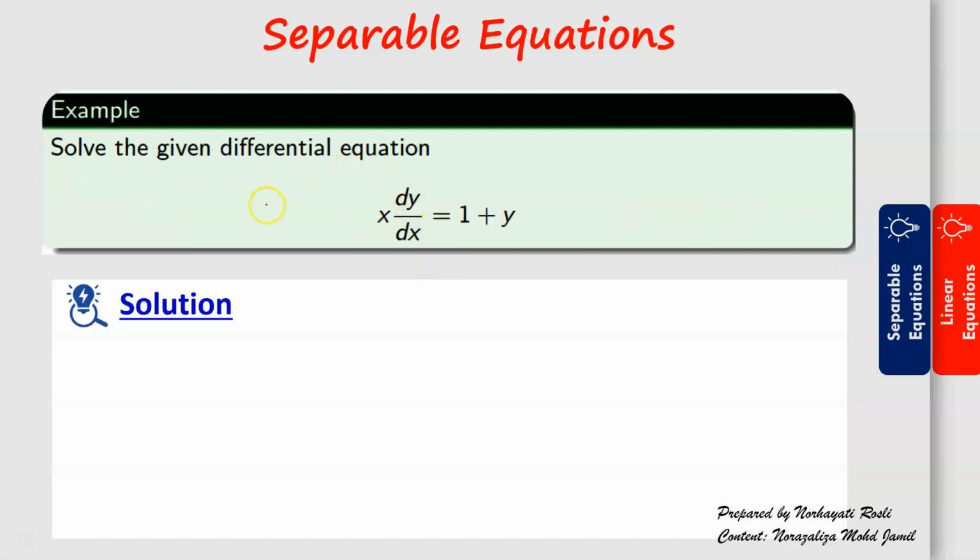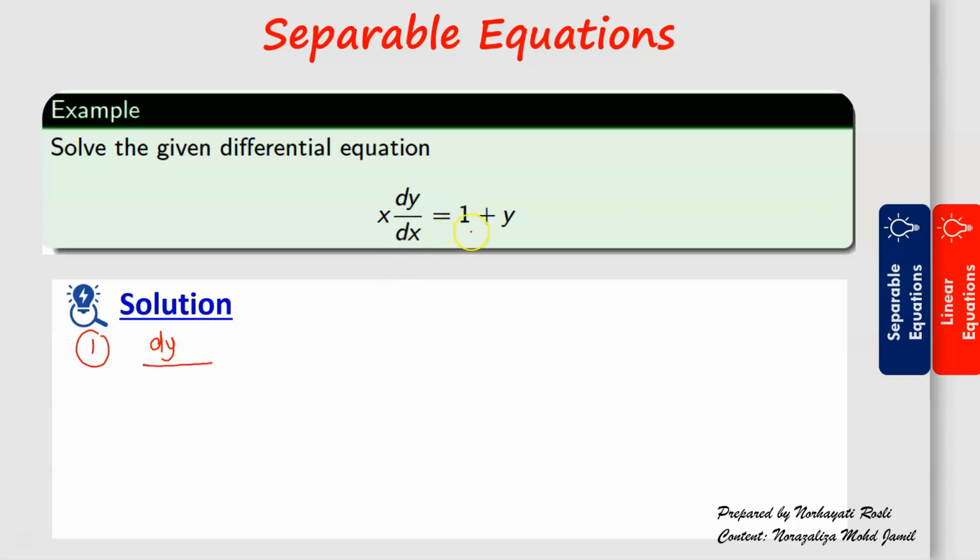And then class, try to solve this differential equation. So here we have x dy/dx equal to 1 plus y. In this case, I can write this differential equation as a separable equation. So my step number 1, I have dy